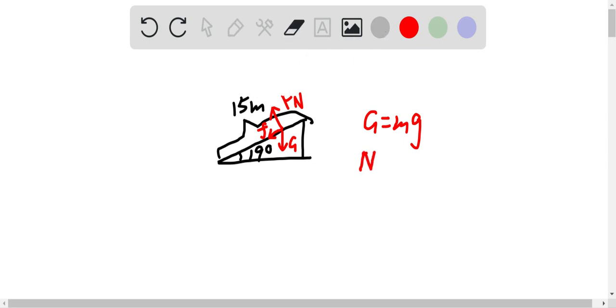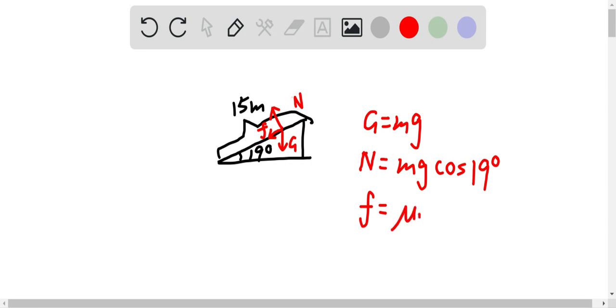So the normal force is equal to mg cosine theta, or cosine 19 degrees. And the friction is equal to mu k times the normal force, which is mu k times mg